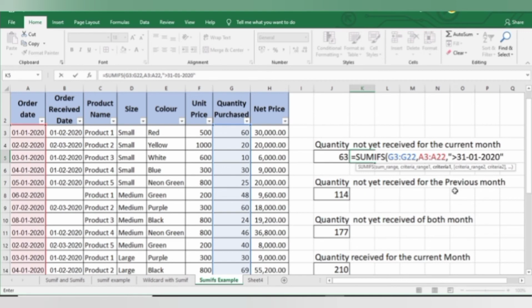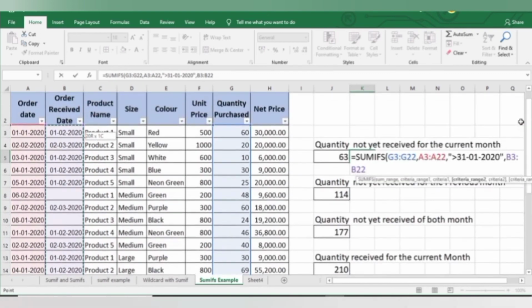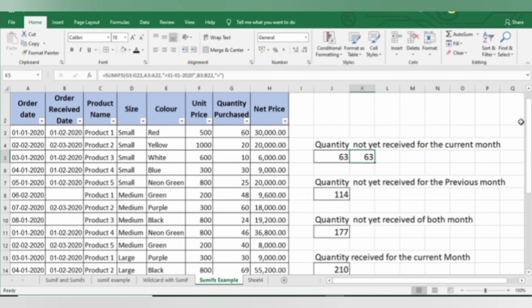Then comma, then my second criteria range would be my received date. So these are all the dates. Then out of these received dates, I want to find out the quantities which are not received. So for this, I am using equal to in double inverted commas, and it indicates that 63 quantity is not yet received for the current month.